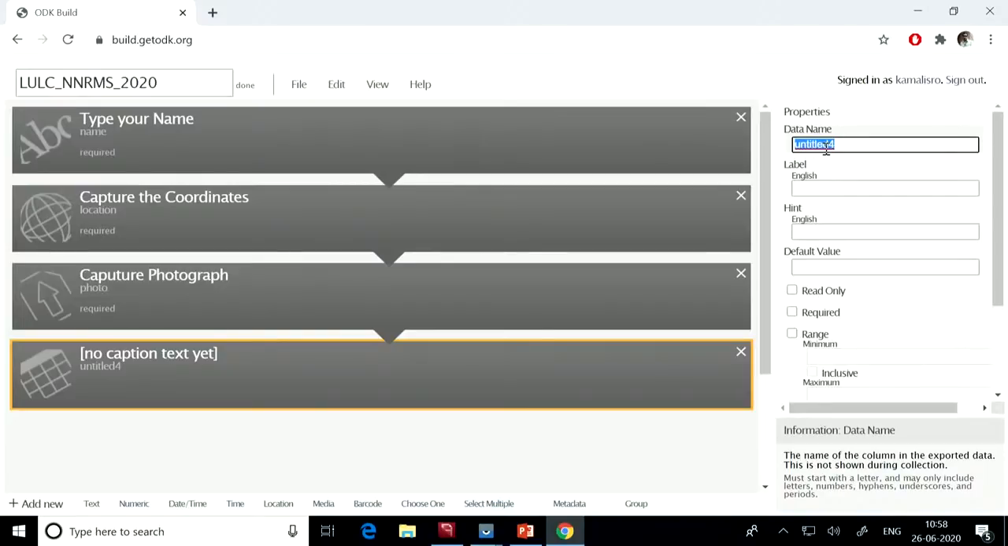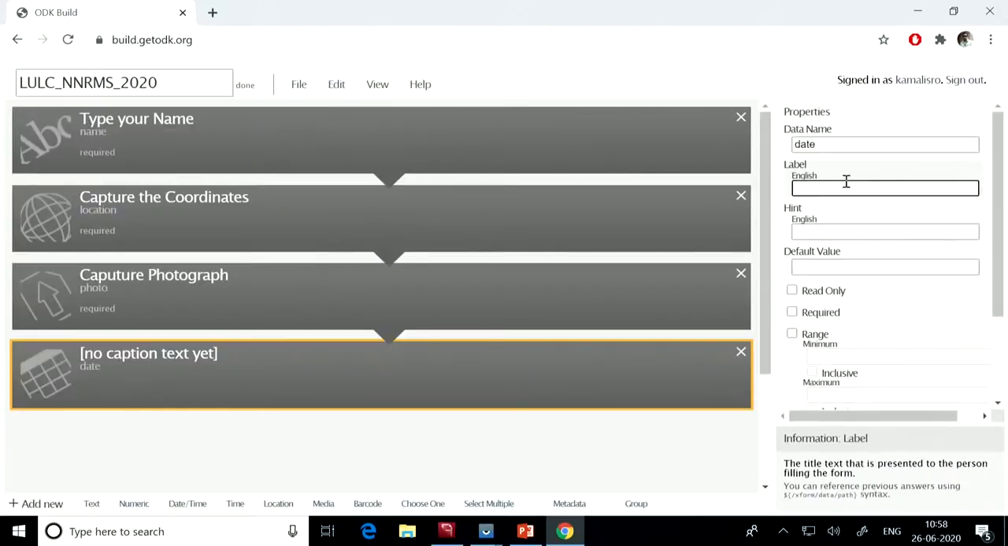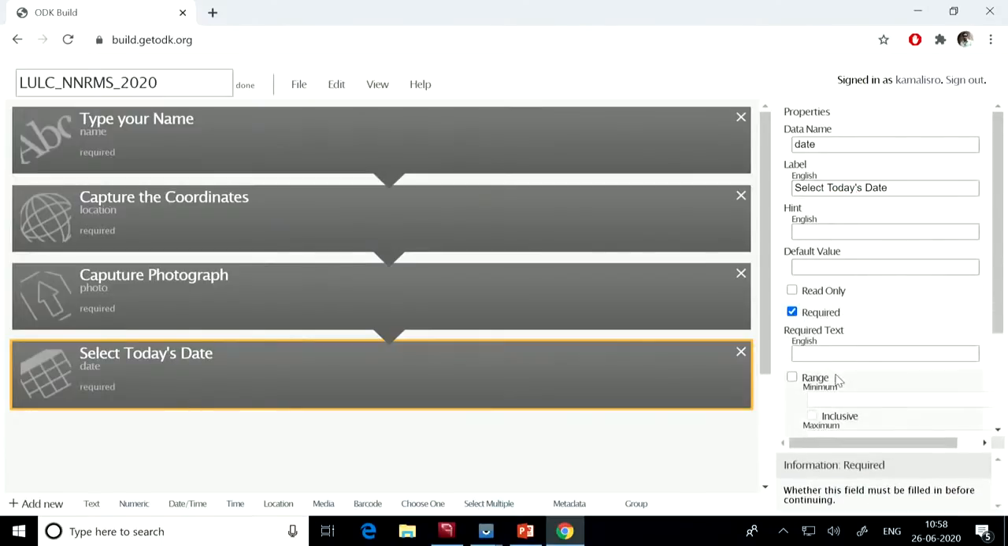Data name I will give over here, date, and then here, select today's date, the current date. That is the question, it can be anything actually. So I will take it as select today's date. I require it as a required field. All the fields are required for me. Then the last one is